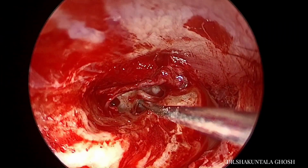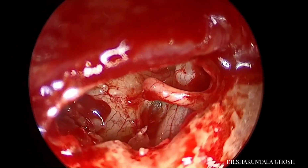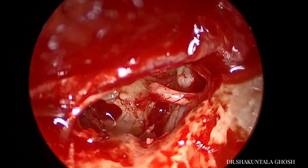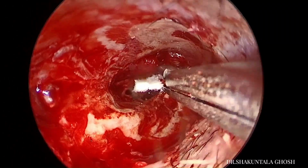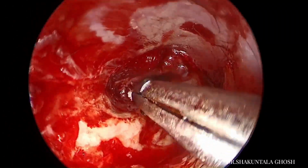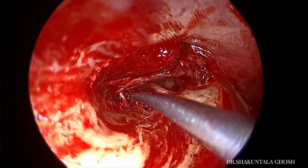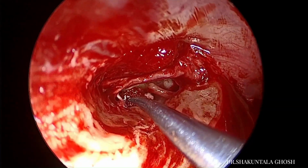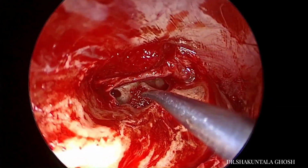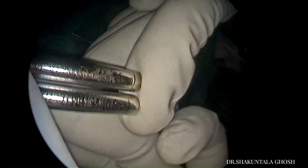Once I have done that, now I visualize the foot plate. After doing suctioning, it appears to be a thin biscuit focus, bluish foot plate seen very well. I use a gel foam to absorb whatever blood has collected over the foot plate. I do suctioning over that. This is a chorda which you can see, very inferiorly placed chorda, and we can also see the promontory and